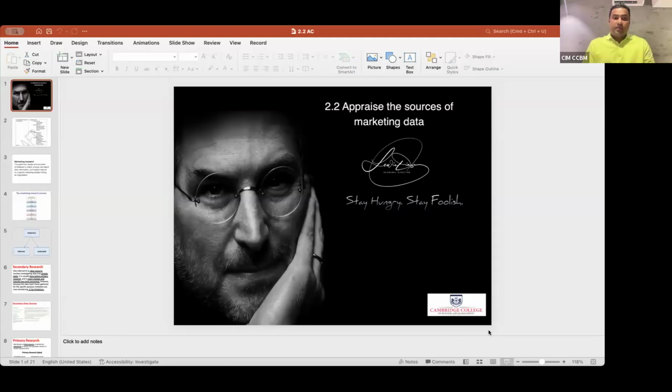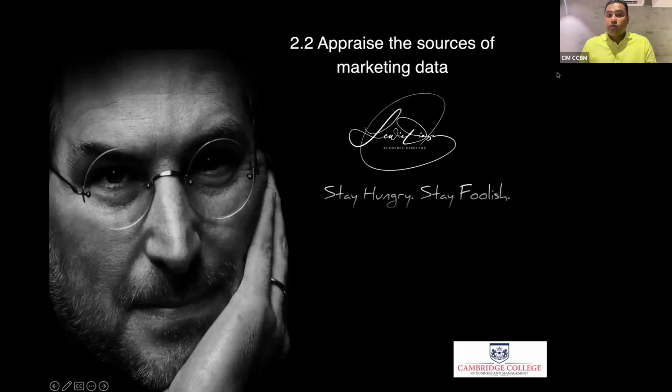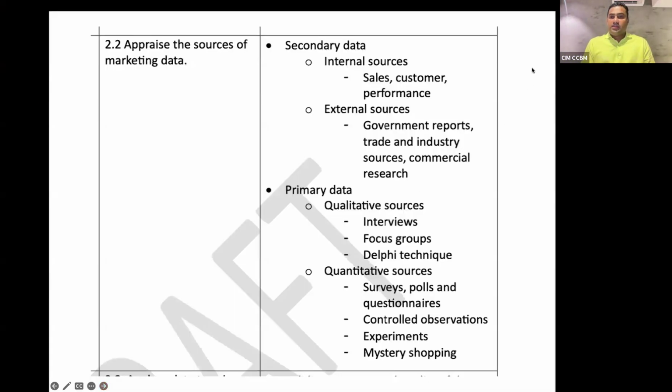Okay, right. Now, this chapter is on market research. And we're going to learn a few things about how you would appraise the different sources of data that we use in marketing and in market research. So the assessment criteria in 2.2 talks about the types of data that you will use in an organization